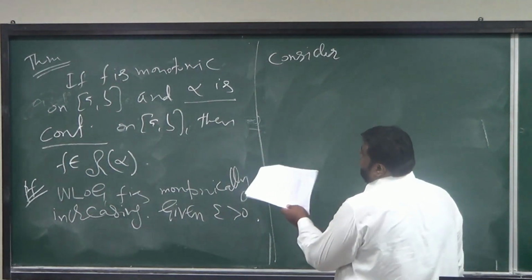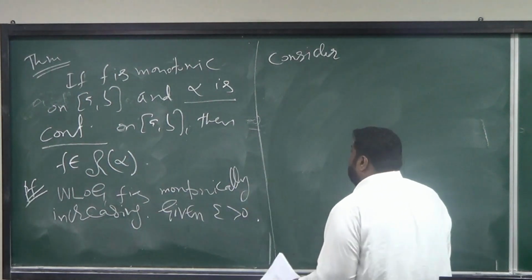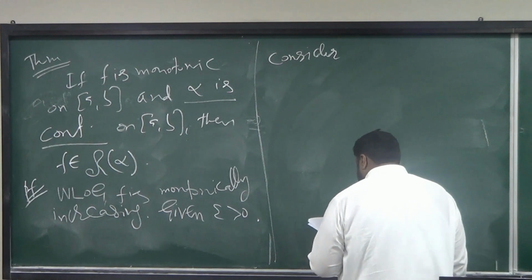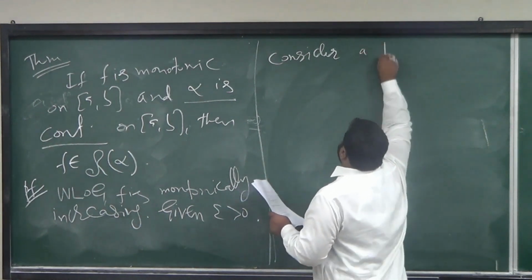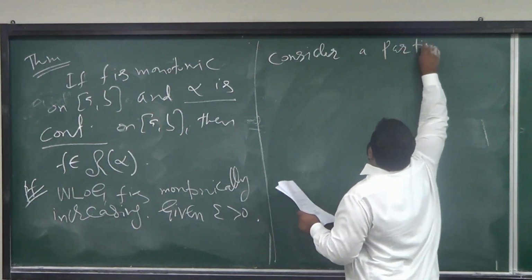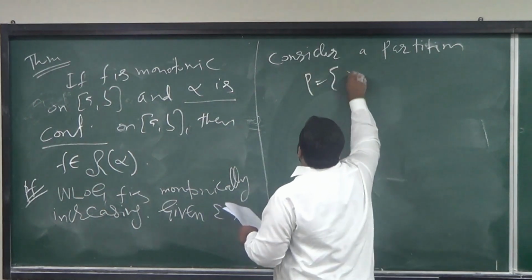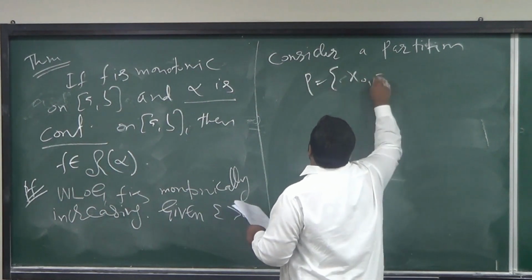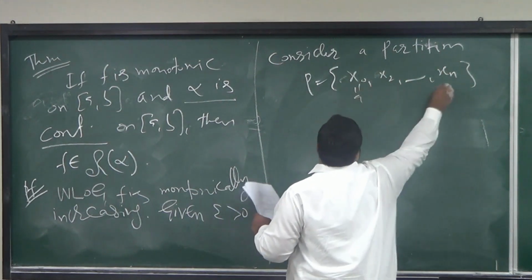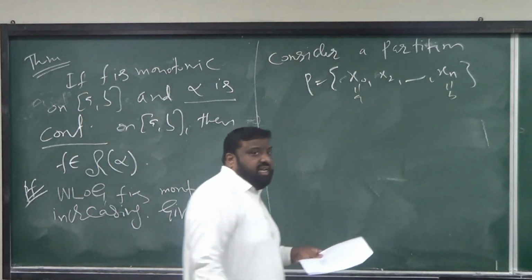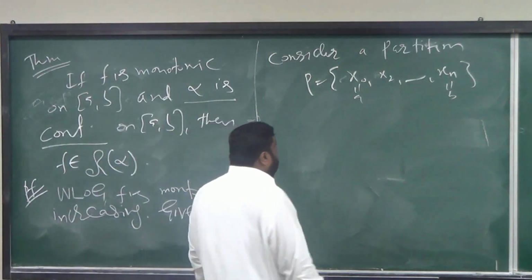Because what does it basically help us? It's just saying that if you know a little bit about the function, the integrability is guaranteed. So consider a partition P, which is x naught to xn, x naught is A and xn is B, and it's not an arbitrary partition, but a cleverly chosen partition